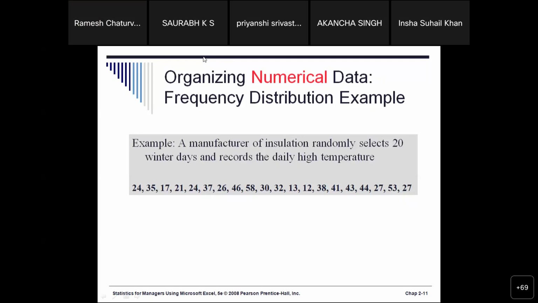Sir, classes will be like 10 to 20, 20 to 30, like this, and 50 to 60. So first we have to arrange in numerical order. Then